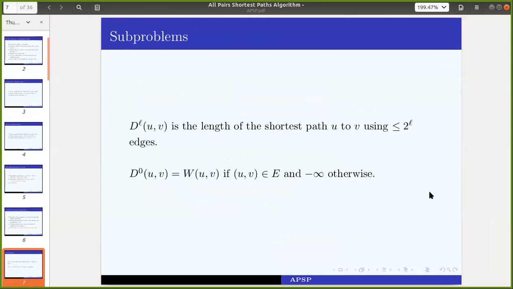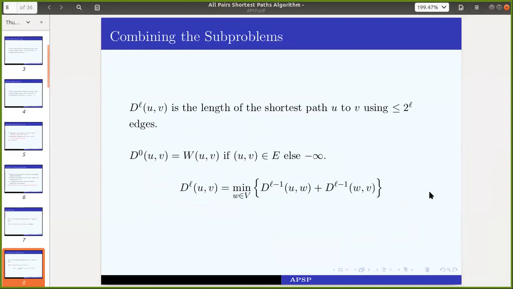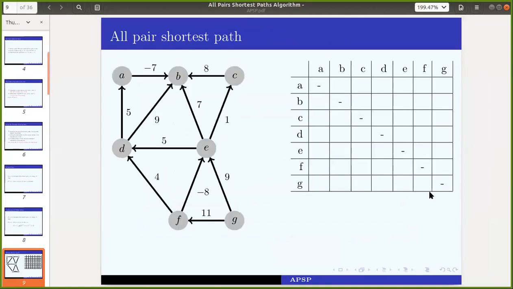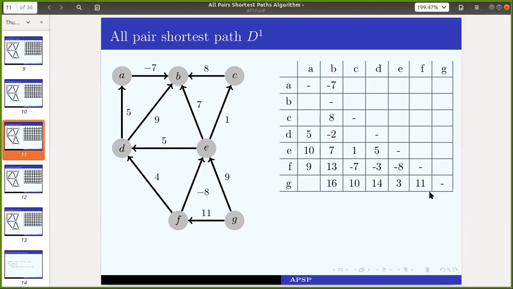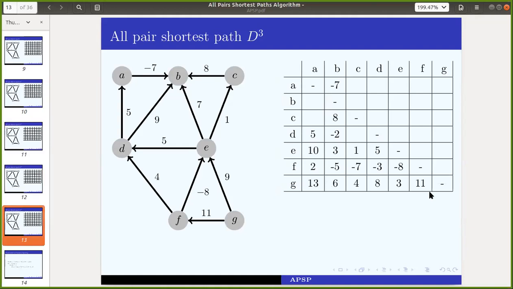All pair shortest path. Yes, this one. No, this is not a complete thing, right? This is the all pair shortest path, right? But this is a directed graph, right? So he must have said something for these entries that are not filled, right?